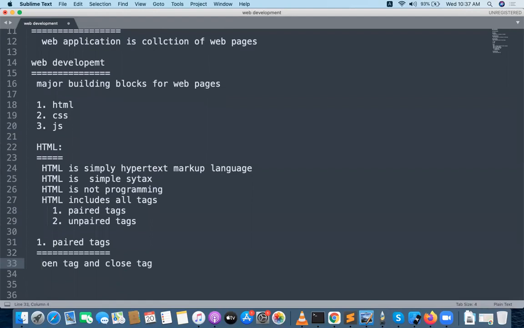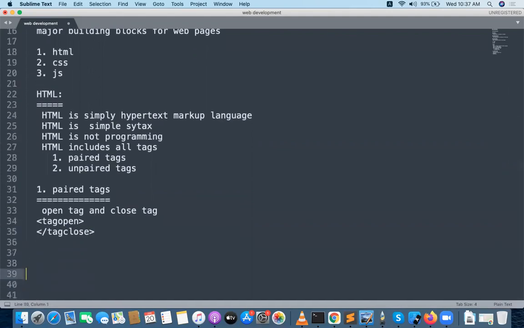For example, what is an open tag and what is a close tag? I will tell you. Suppose a tag open will be like this, and tag close will be like this. I will give you the list of paired tags and unpaired tags later.